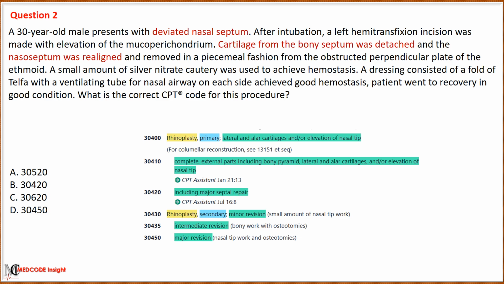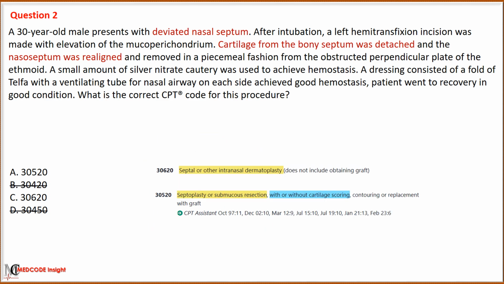The given options mention two types of codes, one for rhinoplasty and one for septoplasty. To resolve this scenario, it is essential to understand the difference between the two procedures. Rhinoplasty addresses the appearance of the nose, while septoplasty addresses the internal cartilage and the bone of the nose, as performed in this scenario. Based on the type of procedure, we first eliminate options B and D, which use codes for rhinoplasty.